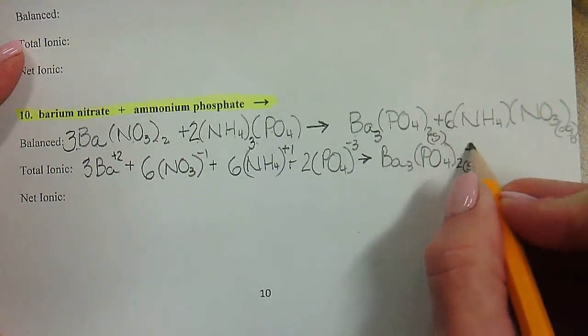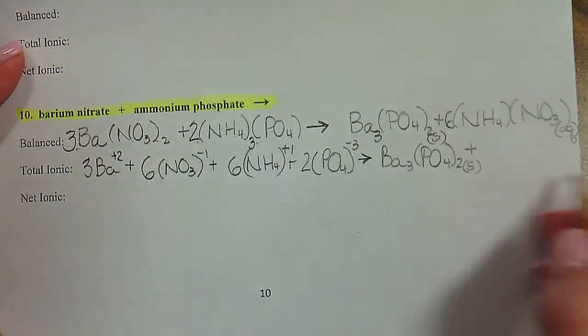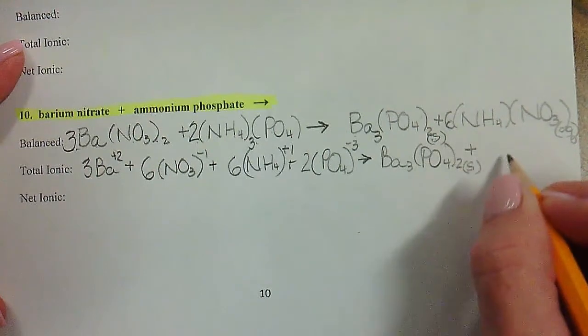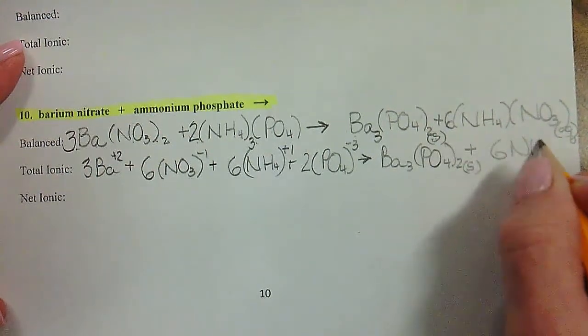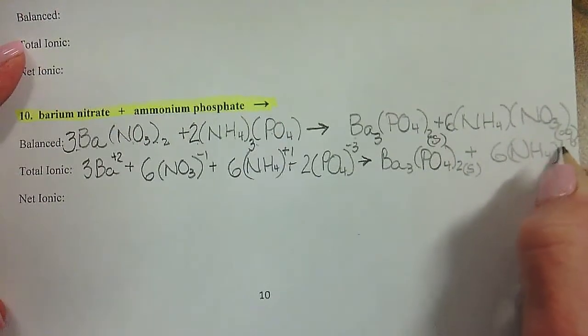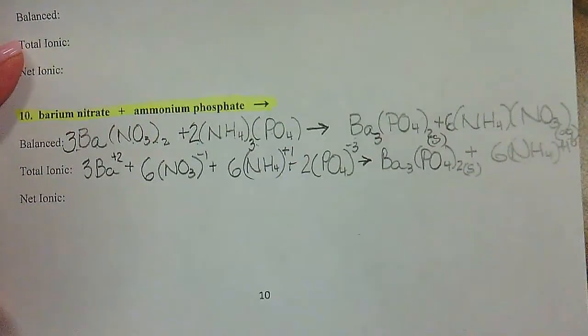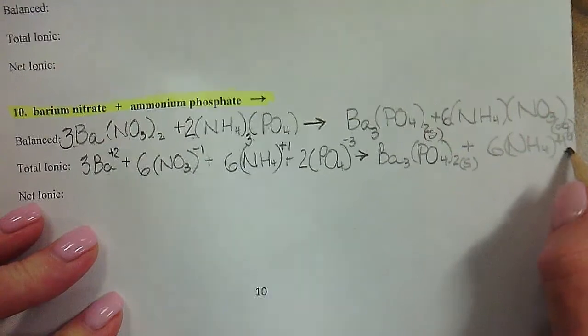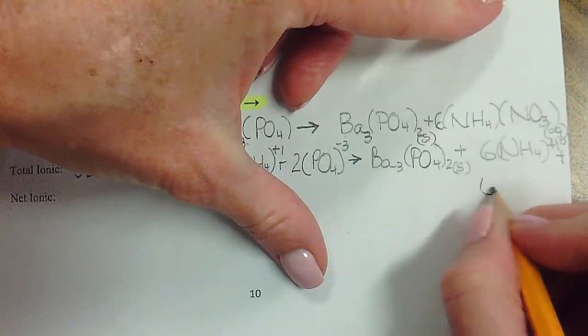And then, let's see if I can fit this on the page. I'm not feeling good about it. 6 ammoniums, plus 1 charge. And then plus, and I'm going to fit my nitrate down here. 6 nitrates